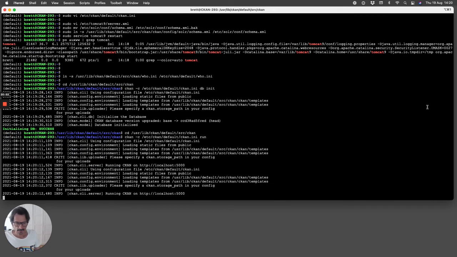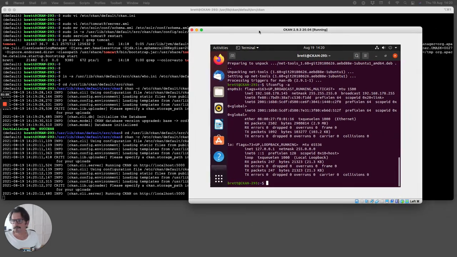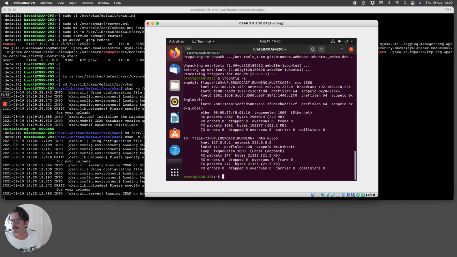So the next thing we do is we want to use a browser, and I will run a browser that's running locally on this Ubuntu instance, and so I need to go to my VirtualBox instance here, login, which is on my other screen. I'll drag it across, and so you can see. Now we just want to bring up a Firefox browser,